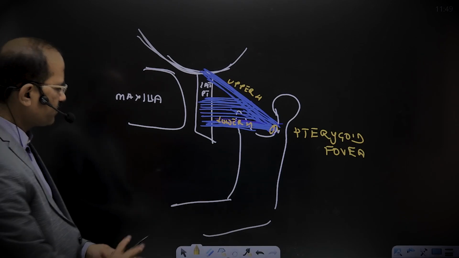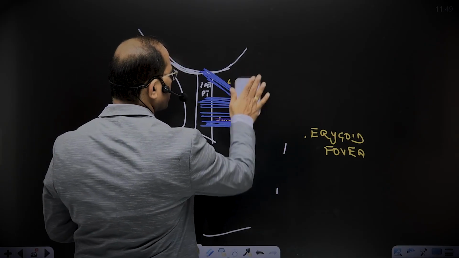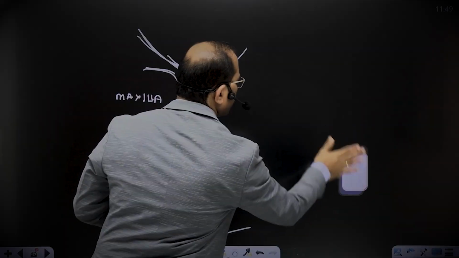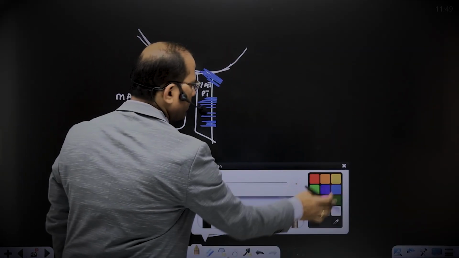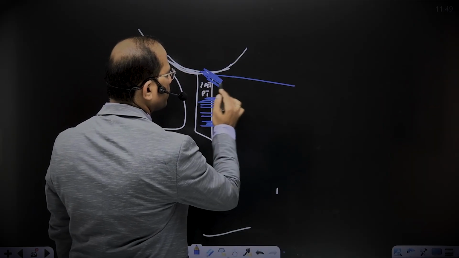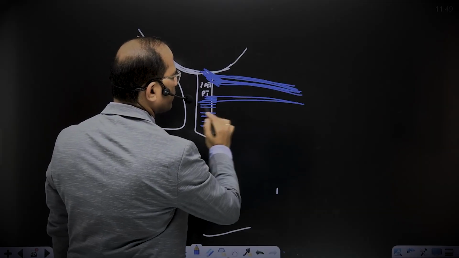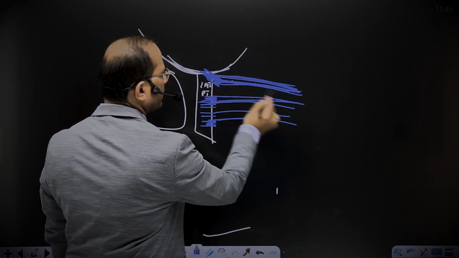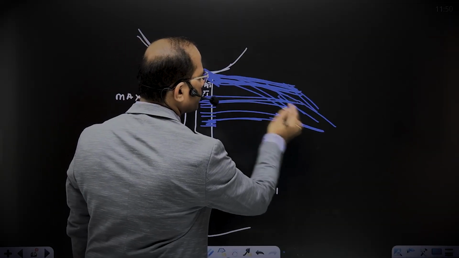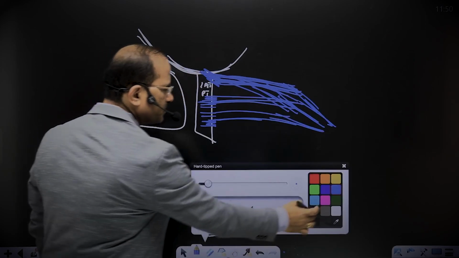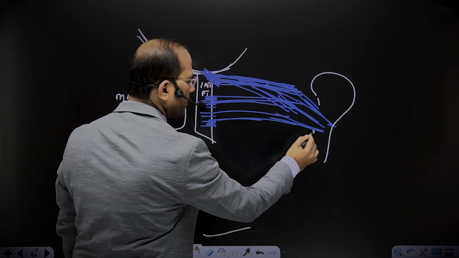Okay. See, if this diagram is not up to the mark, I'll just draw this once again for you. Understand this. One moment. I'll draw it like this. This is the upper head of lateral pterygoid, and that's the lower head of lateral pterygoid. Upper head and lower head, they go together, and they get inserted on the neck of the mandible. That would be the neck of the mandible,